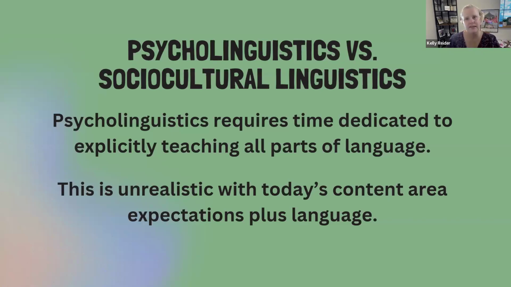Then we can start putting phrases together. And as we add on each of these elements of language and grammar, we get a little bit longer phrases. Then we move into sentences. We do these dialogues and have kind of artificial conversation, but we are speaking in sentences. This is a psycholinguistic approach, which follows the idea that language is learned in a certain order, and therefore there's a scope and sequence. There's nothing wrong with that idea of language acquisition because there's a lot of research around how the brain works with that. What happens is it